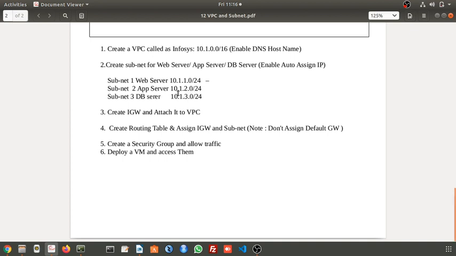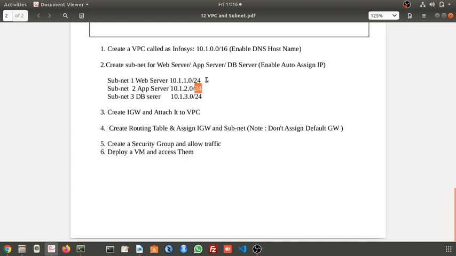/24 means in this subnet you can place 255 number of servers. Okay. Here also /24 means here 255 multiplied by 255 multiplied by 255. That many servers you can deploy in this subnet 1.